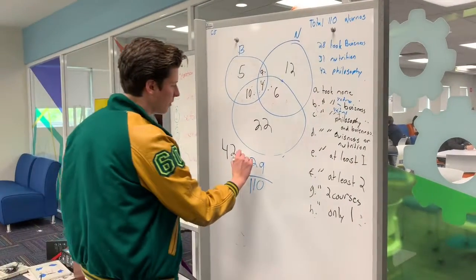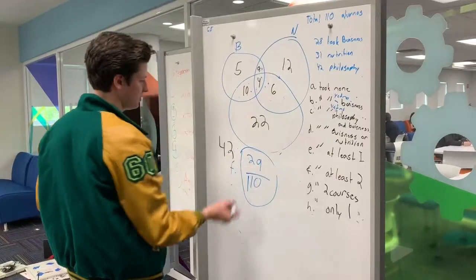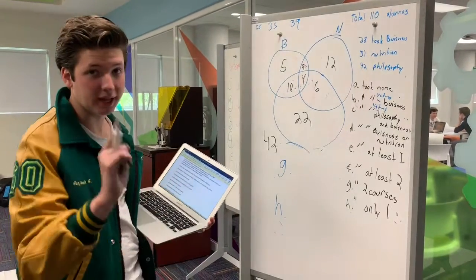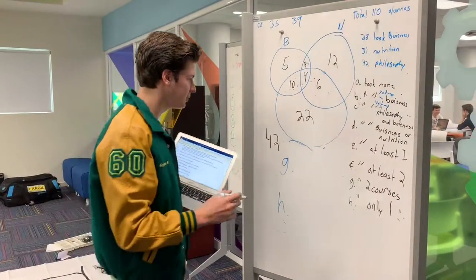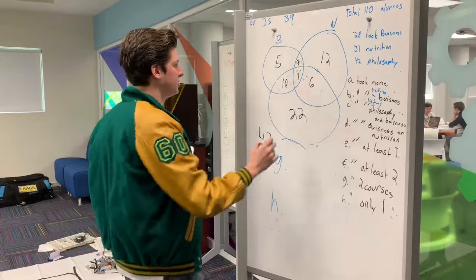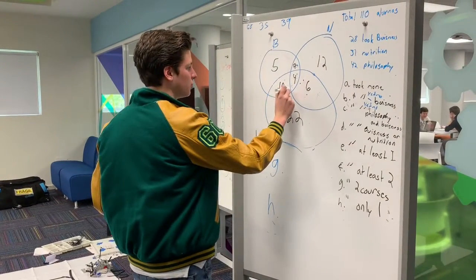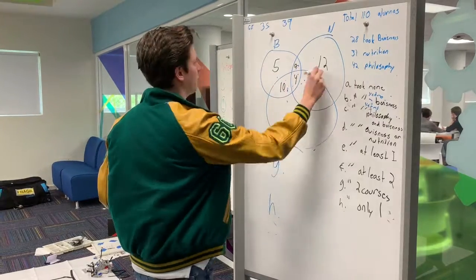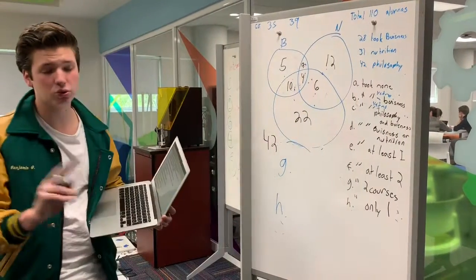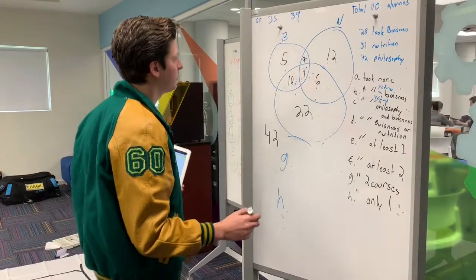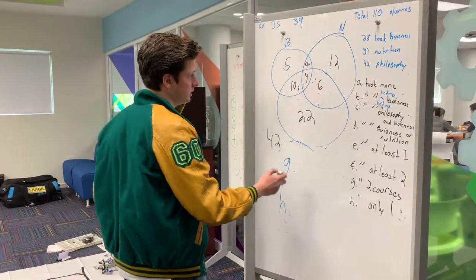Which this is our final answer: 29 over 110. So now we're going to continue with the G, which is almost the last one, but last but not least. So we have 2 courses, which here are 9, 6, and 10, because they took at least 2 courses, here or here or here. So they had 2 courses, not at least, only 2 courses. So we're going to sum up, which is 35,